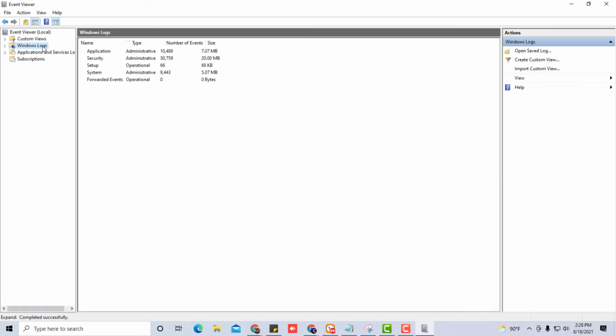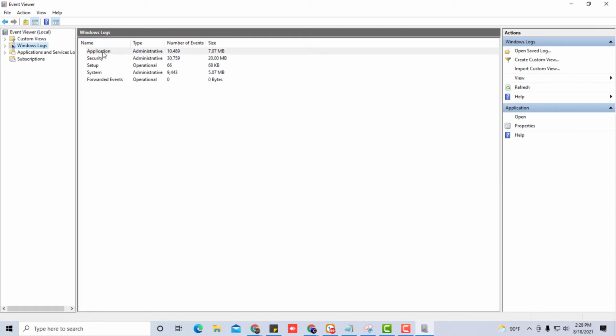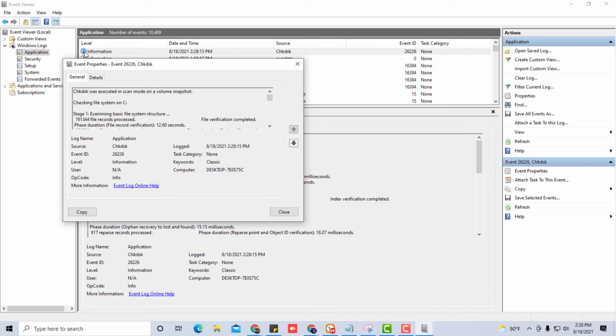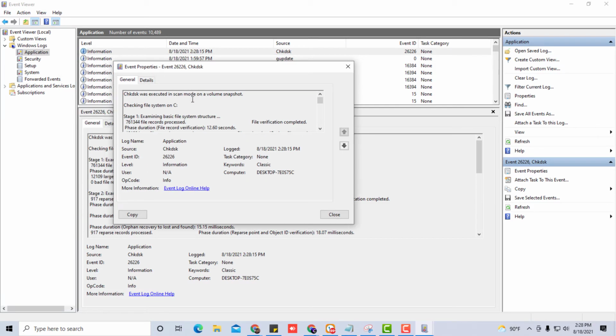You're going to go to Windows Logs, and then under Applications, the type, you're going to double click on Administrative, and you see right here it says Source Chkdsk. And so if you want to see if you had errors, you'll see them pop up under the Source Chkdsk, and you just click on this little event property button. You double click on that little button, and you can just read about what these errors are, track them down, search them on the internet, and